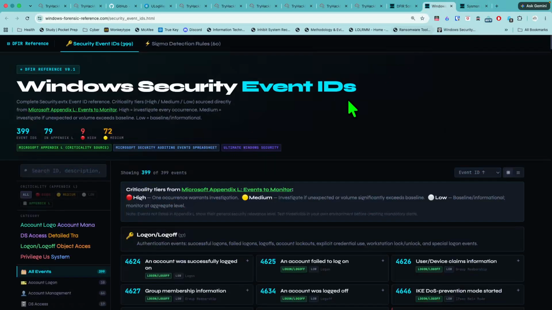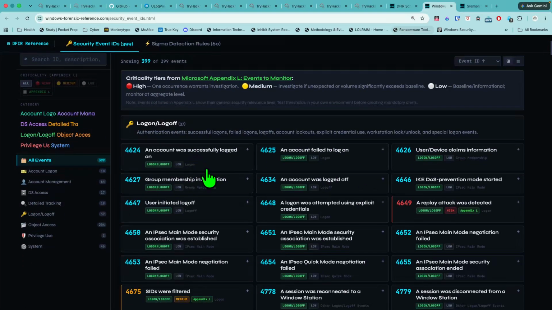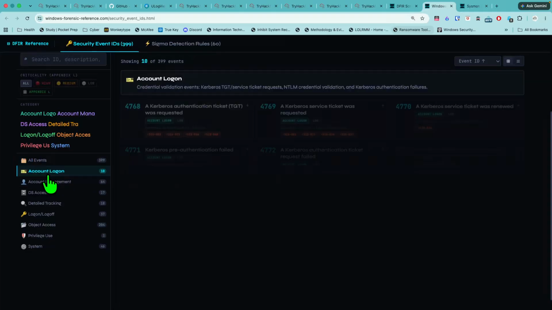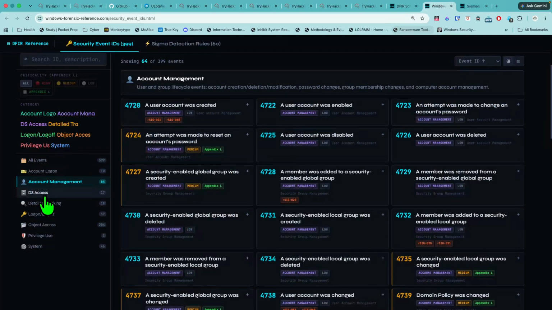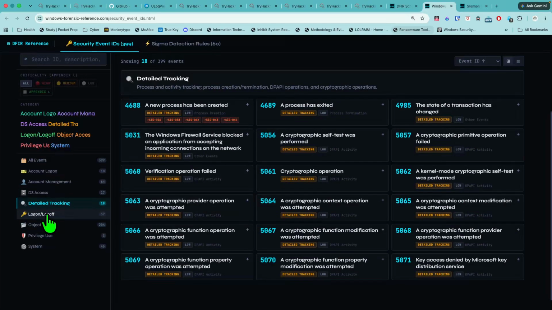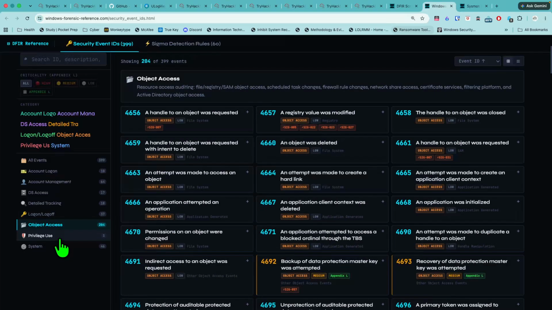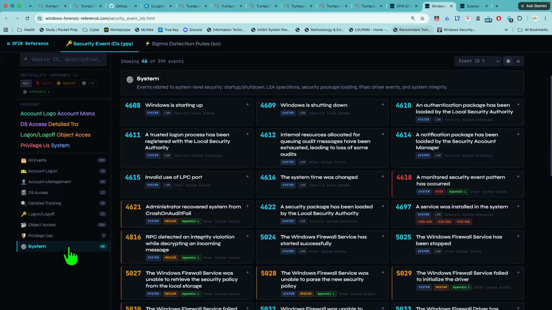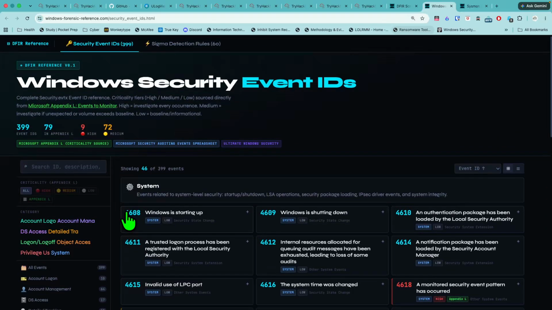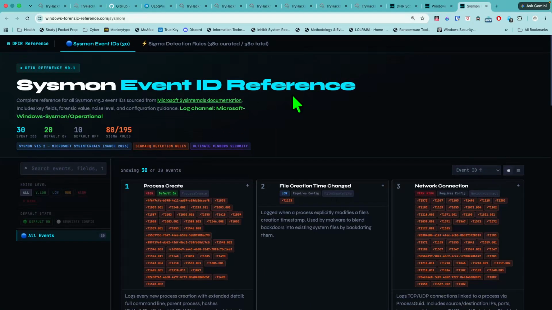Alright, pertaining to event IDs, pertaining to security, here is a really great resource to help you understand the event IDs associated with login and logoff, account logon, account management, DS access, detail tracking, object access, privilege use, and system. So if you wanted a resource to better understand security event IDs pertaining to Windows and also Sysmon event IDs, highly recommend checking out